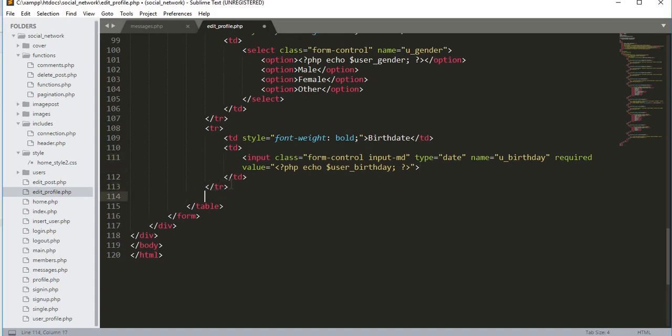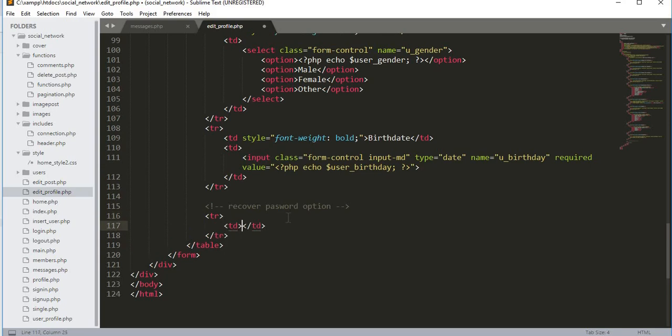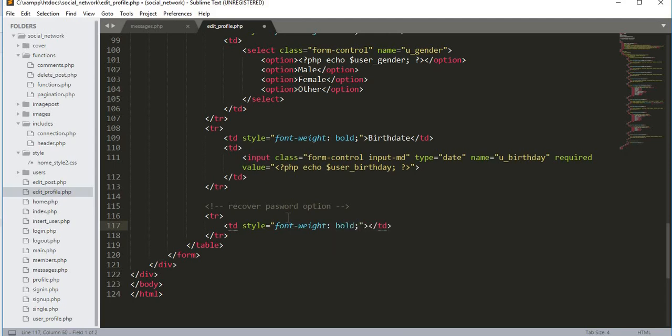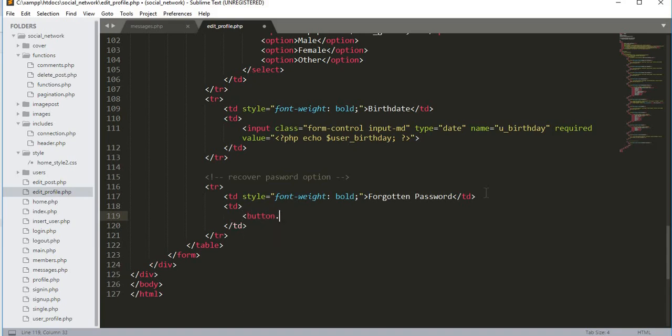So after this tr tag, over here we will add a tr tag, close that tr tag, and inside the tr tag we will open up a td, and style will be equal to font-weight bold, we will type forgotten password, and after this td we will open up another td, and inside this td we will open up a button,